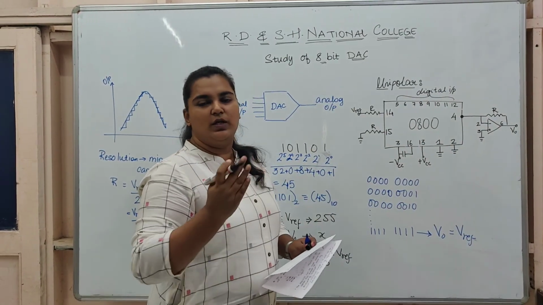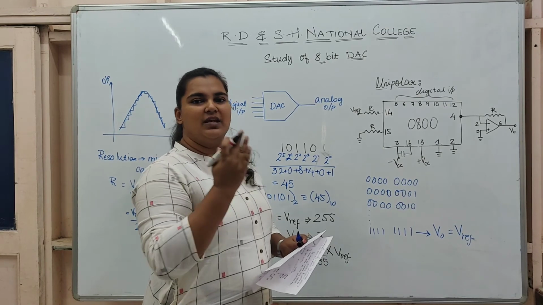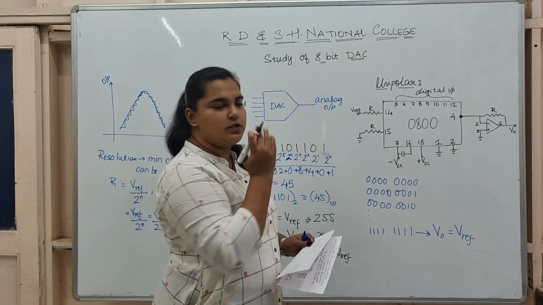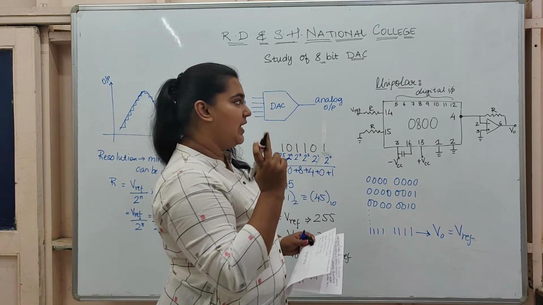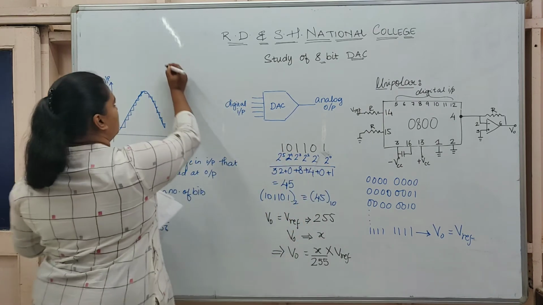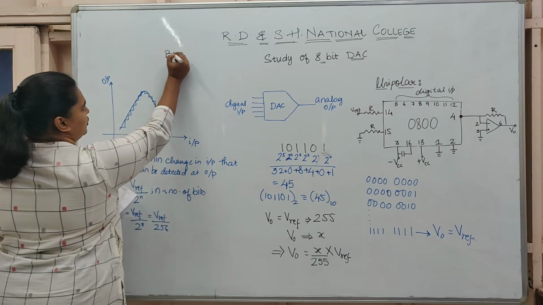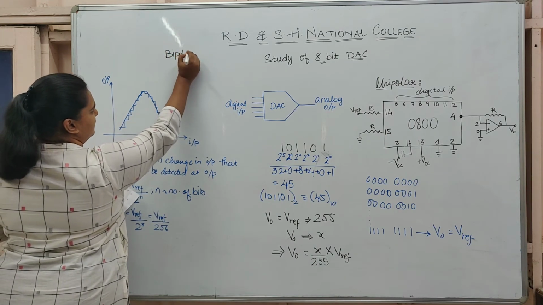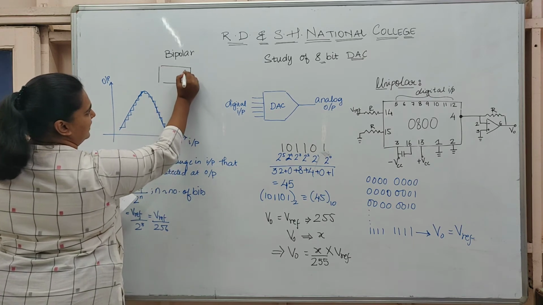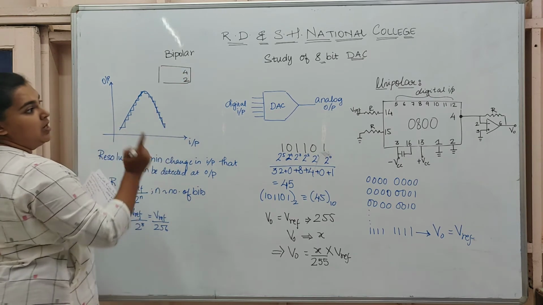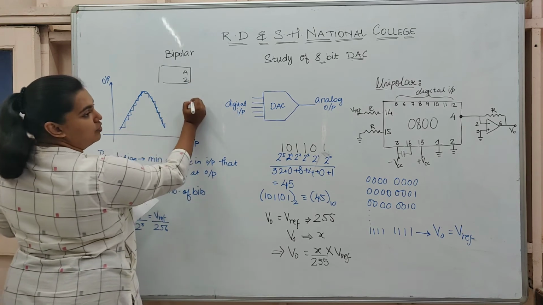And that is why it is unipolar, because it is giving me a single polarity. It is only working for positive numbers. But in case I want to work on bipolar, what we will do is, along with pin number 4, I am not drawing the entire circuitry again, pin number 2 will not go to ground.